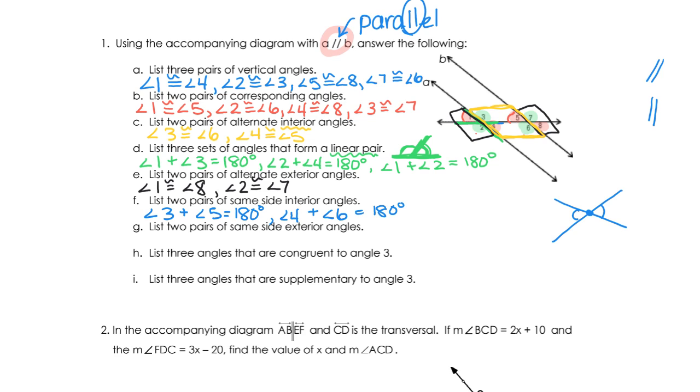Okay. Part G, list two pairs of same side exterior. Same side exterior. Exterior refers to going back to those angles that I boxed in black. All right. And they want same side exterior. So if I pick angle 1, who's on the same side of the transversal as angle 1, but in the exterior, that would be angle 7. And take a look, angle 1 is red, angle 7 is green. So they're not the same color, therefore they're not the same measure, and so they must add up to equal